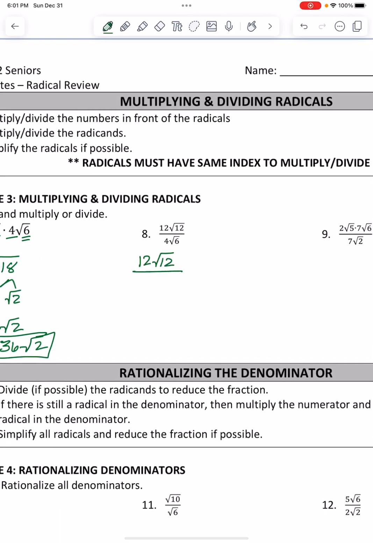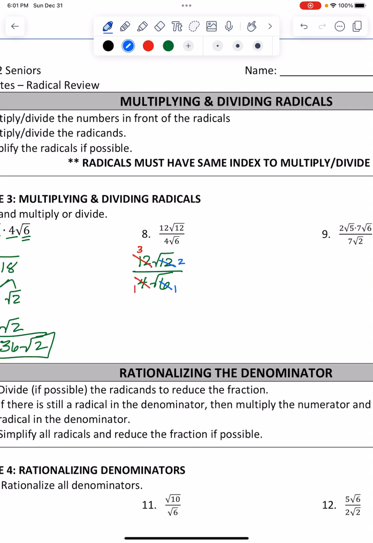So 12 square root of 12 over 4 square root of 6. As we look, we want to divide anything we can just to make it easier on ourselves. So 4 does go into 12 3 times, right? And those are both outside, so we can divide those. And then 6 goes into 12 2 times, and those are both underneath the square root, so we can divide